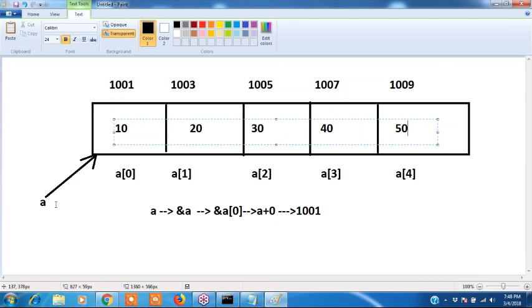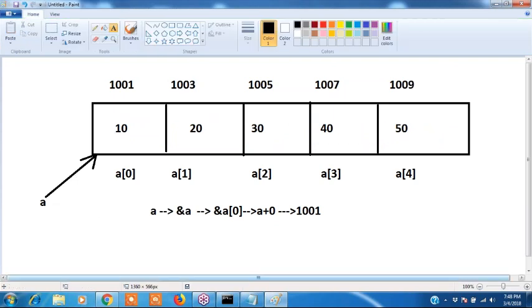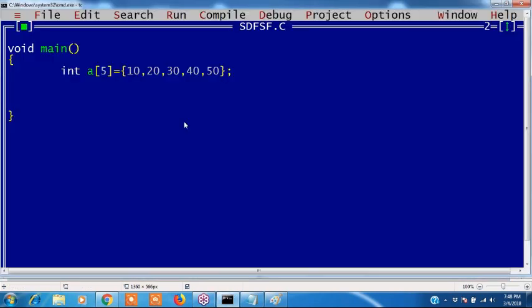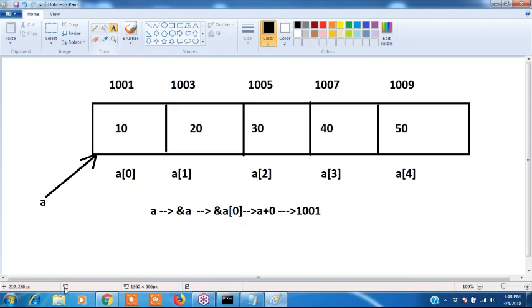Now a I have taken, and a pointer also I will take. That is, a is also a pointer and p is also a pointer. See, now I will take a pointer, star p. P is pointing to that array. For example, p equals address of x I have written. Means p is also pointing to that array. What is the main difference between a and p? I will tell you. This is pointing to this location, and p is pointing to this.